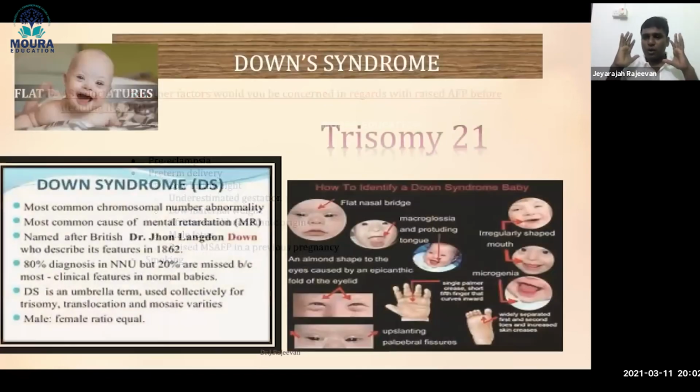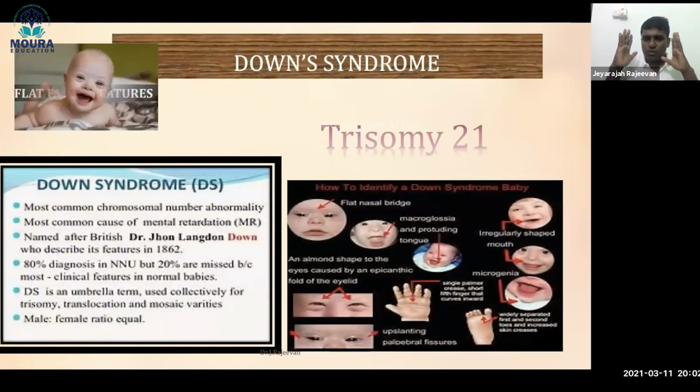Now we have discussed the neural tube defect. Now we are going to move to Down syndrome. Very simple, we discussed earlier what Down syndrome is. Down syndrome is the most common chromosomal abnormality, where the patient is living for a long time, right? This is also the most common cause of mental retardation. Actually this Down syndrome was described by a person called Down in 1962, right? So even though